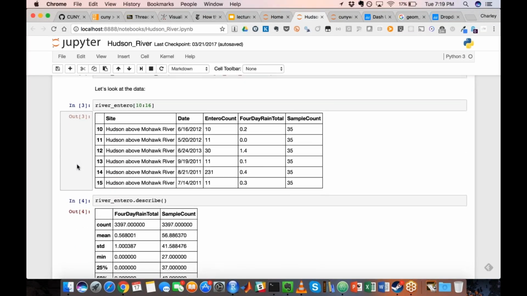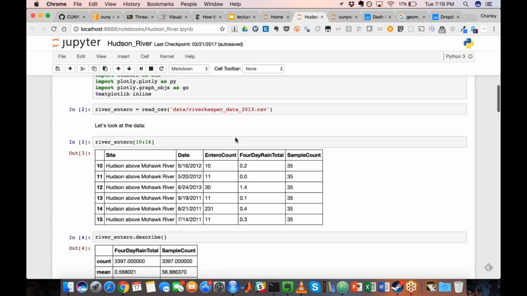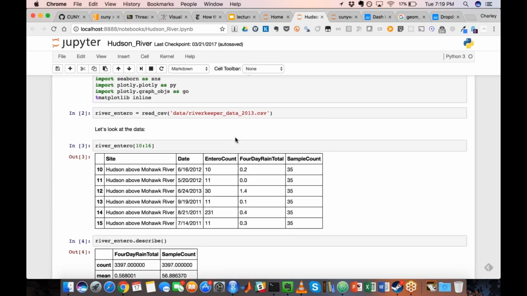And the data that we're looking at is enterocounts, which is a type of bacteria at different locations in the Hudson River. So here, this is just utilizing a lot of the features of a notebook style environment. So you could see